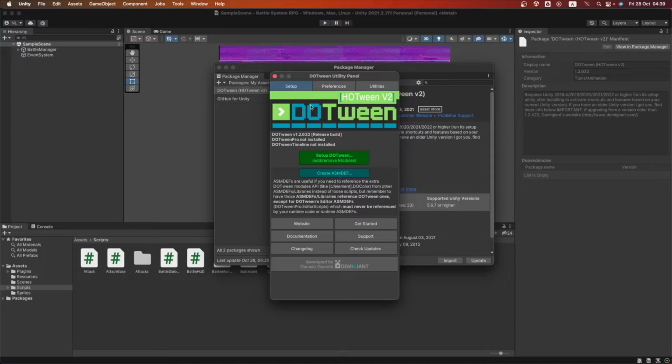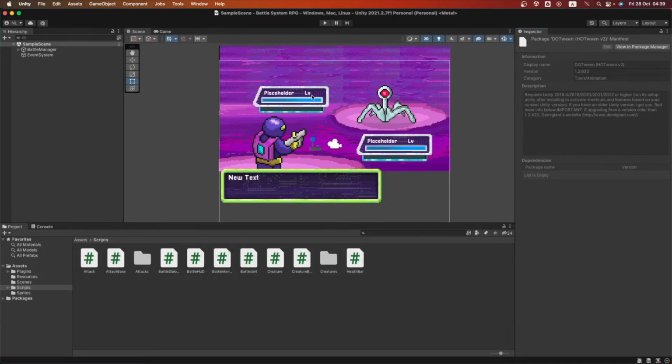Okay, so now we're gonna start using this thing called DOTween, which is a code library. Okay, it's not a tool inside the engine per se. It's a library that we can access to do animation stuff easily through code. Okay, so we're gonna close this and we're gonna go into coding the animations of the player and the enemy and the attacks and everything that is related to the gameplay loop. Okay, so let's go do that.